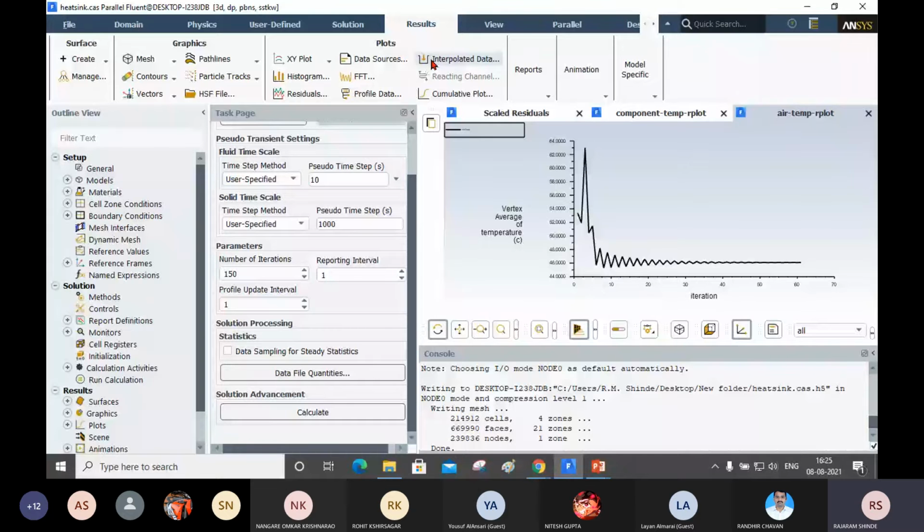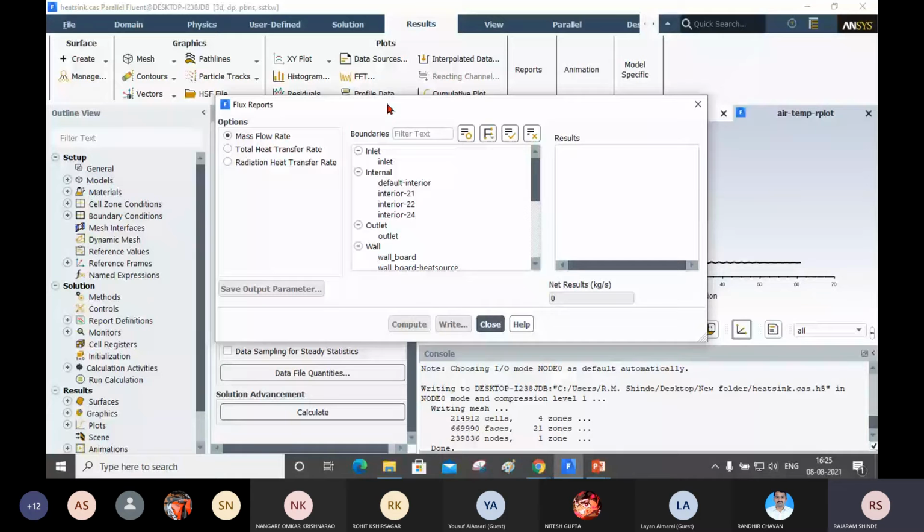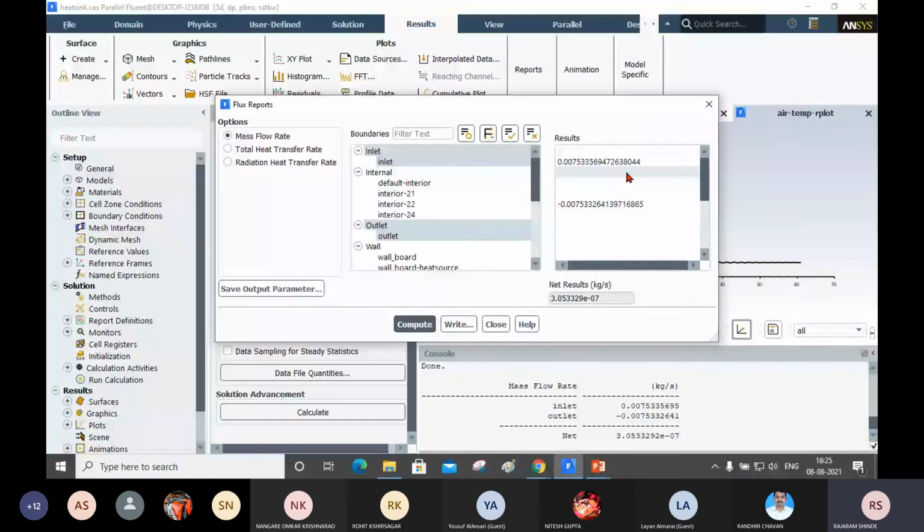For that you select the mass flow rate and select the boundaries at which you want to check the flux. I will check at inlet and outlet and click on compute. You can see here both are exactly same, only 3 into 10 raised to minus 7, that is the difference. Okay, means your solution or your verification is same.